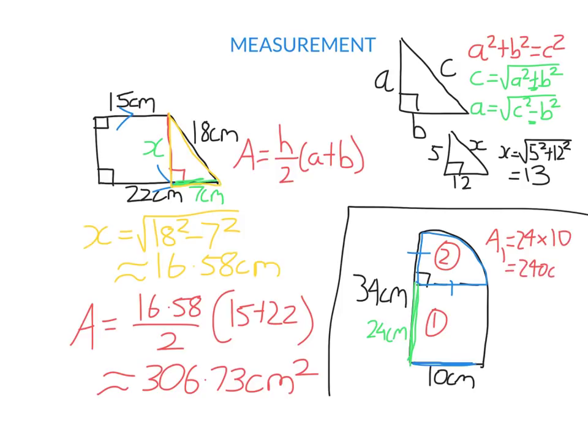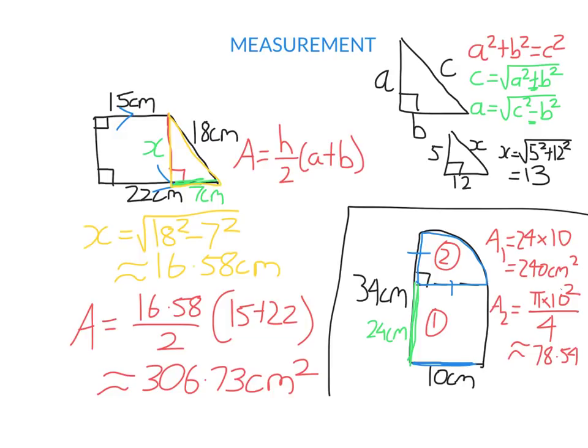And then I have to find the area of the quarter circle. The area of a circle is pi times radius squared. If it's a quarter circle, you simply divide by 4. Now, in this particular case, the radius happens to be 10. So I'm going to change r to 10, and that will give me the area of the quarter circle. So that should give us about